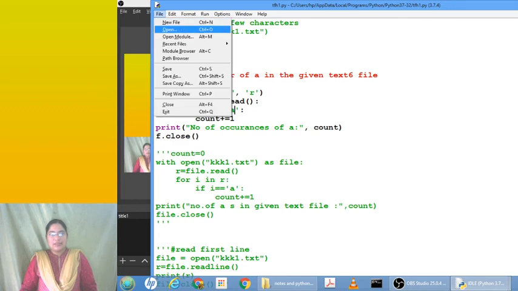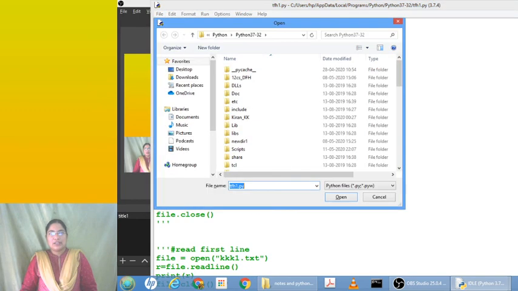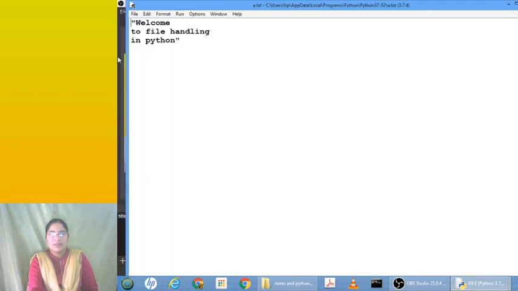Let's open and see the contents of the text file a.txt. Here you can see, in this a.txt we do not have any capital letter, any capital C, any capital O, but we have E two times, right?